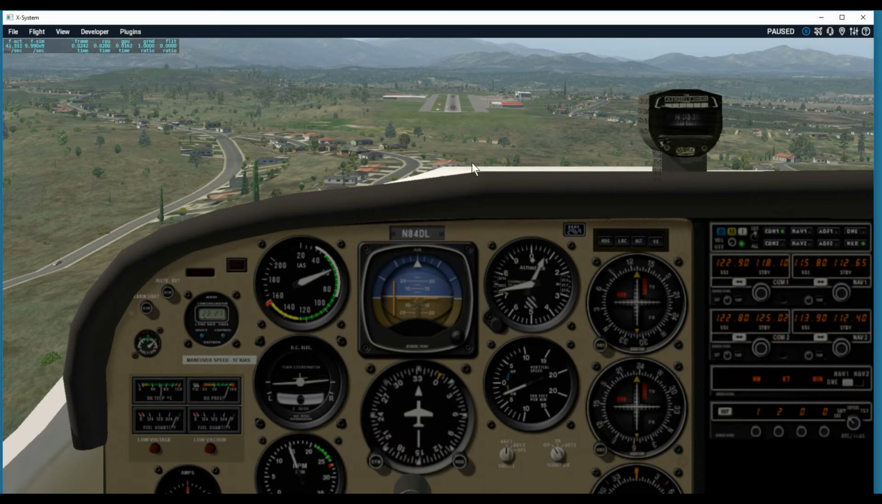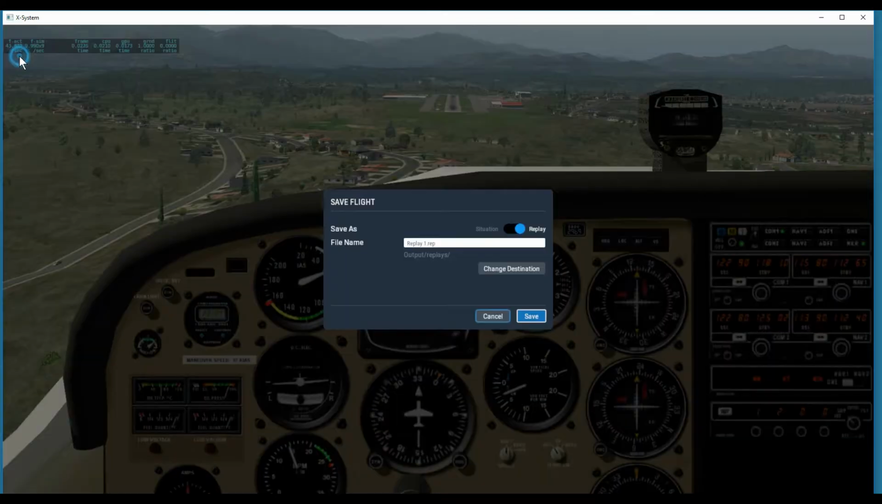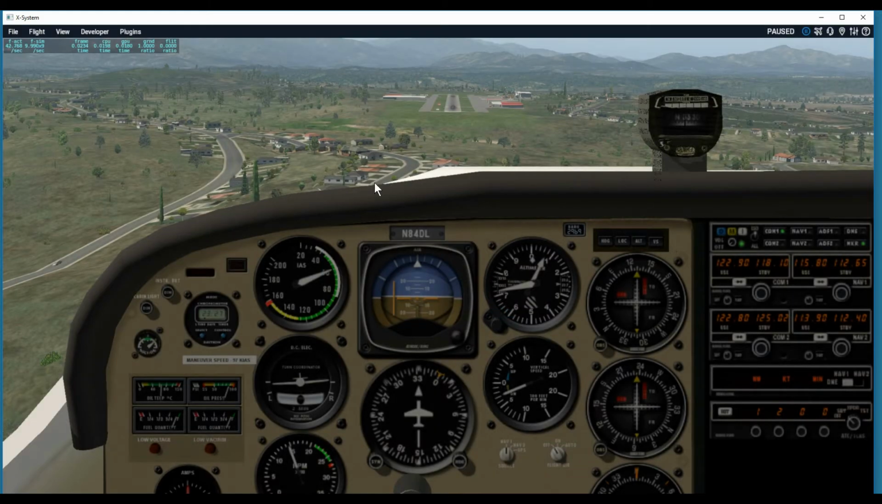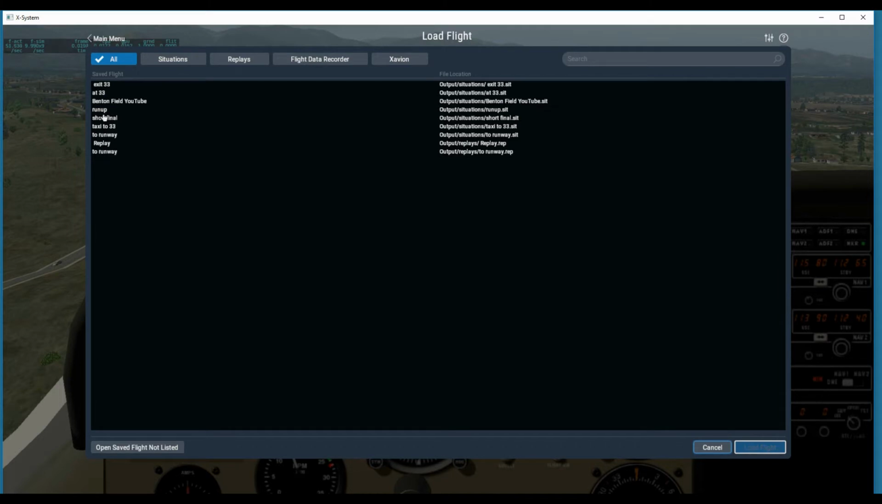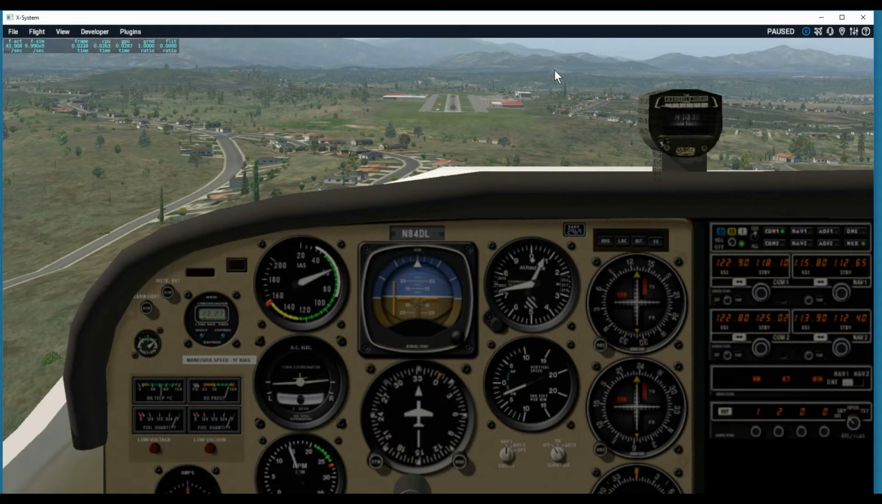Another little tip I want to give you is saving a situation. Now I paused the simulator right here. We're on the final approach. You can go to File, Save Flight, and you have an option for replay or situation. Select situation and then you can save it. I've already done this, so I'm not going to do it now, but you save this, and then if you want to fly this flight again, you go up to File, Load Flights, and here's a list of all the flights you've had here. And I have this as short final. So if I load the short final, I'm going to come right back to the same place,